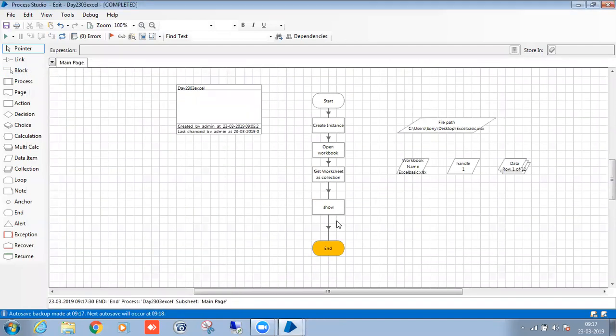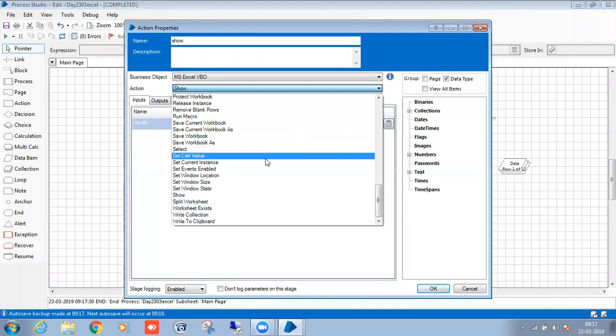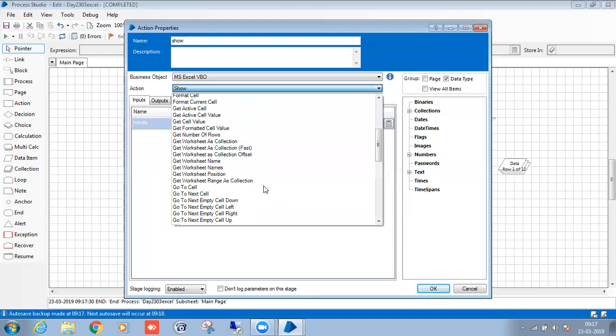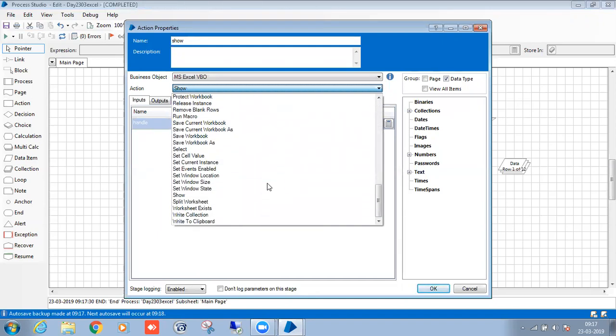So like this, all the actions are there. So you can see set cell value, get cell value, run the macros. So everything you can do. So we will see the actions one by one. Coming sessions, everything will work on the Excel only. In the use cases also we will take the Excel data. Then only we can use the use cases, right? So these are the actions we can perform.